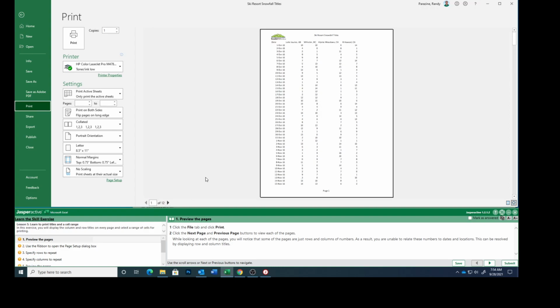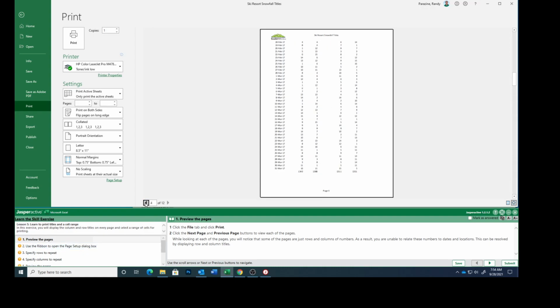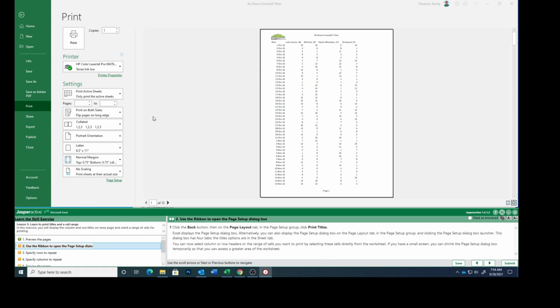While looking at each of the pages, you will notice that some of the pages are just rows and columns of numbers. As a result, you're unable to relate these numbers to dates and locations. You see there's nothing over here on the side that's showing you any kind of information that's useful. Click the Back button,